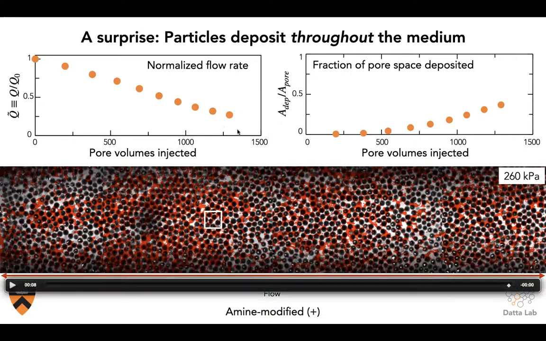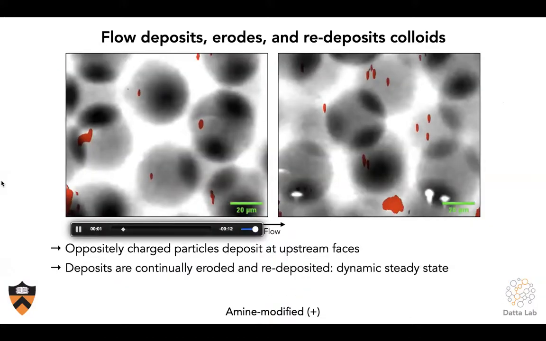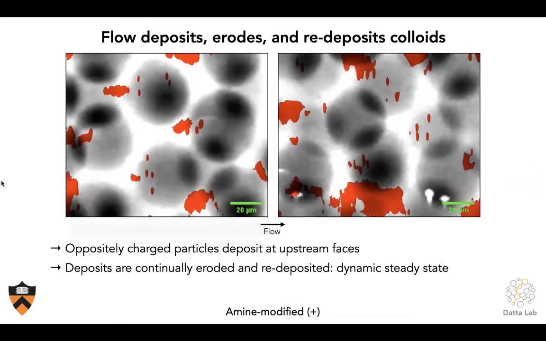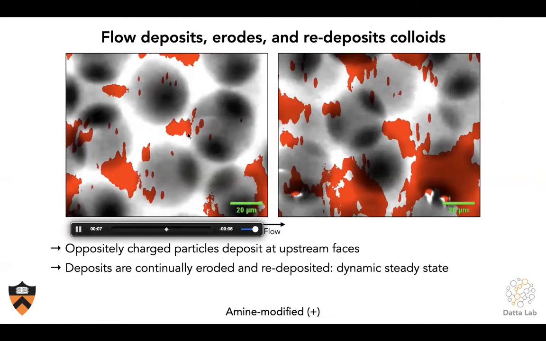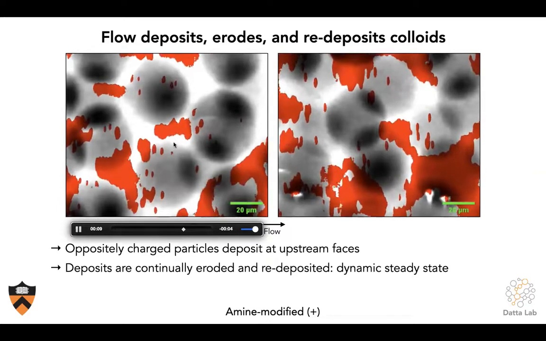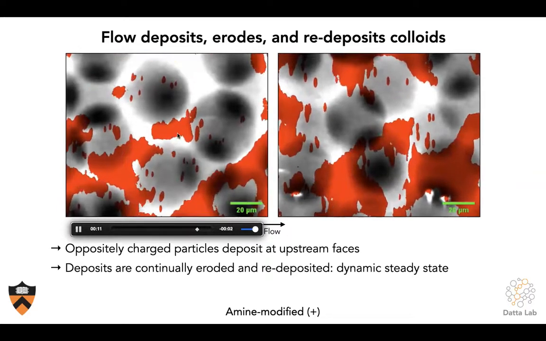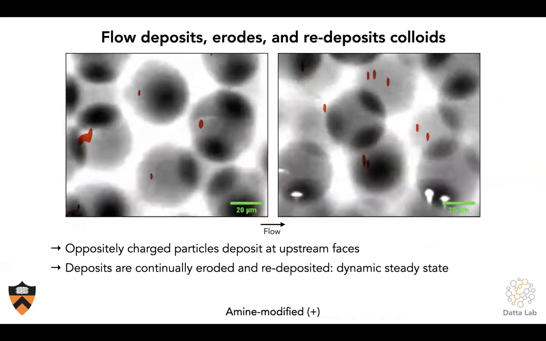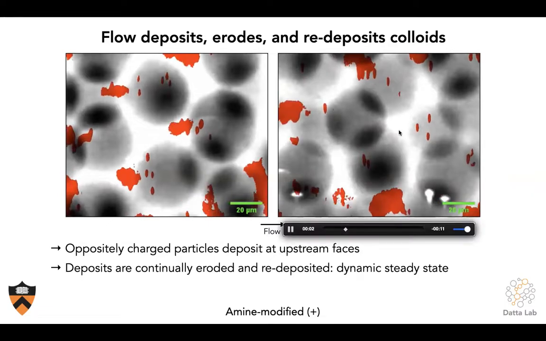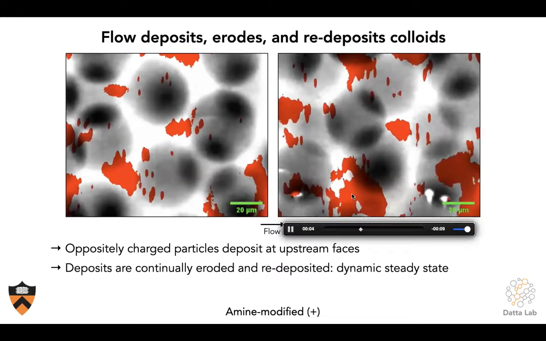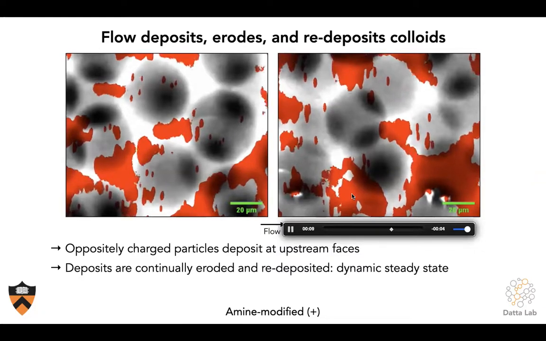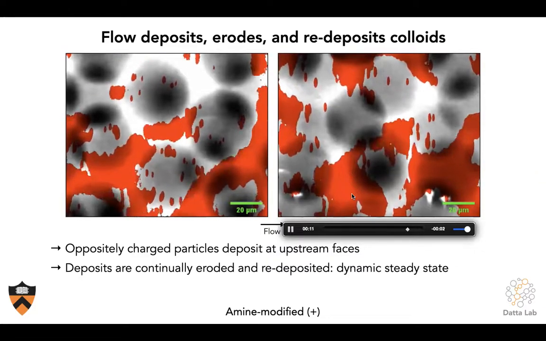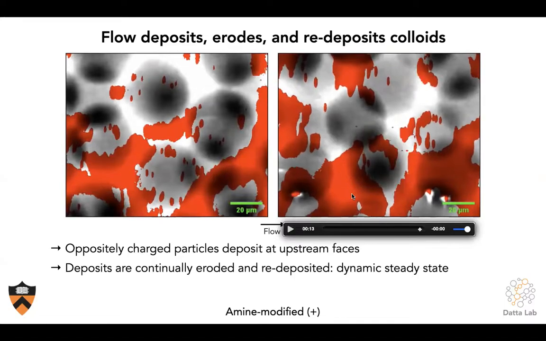So we can zoom in and look at the actual colloidal dynamics. Here are two examples. What we see is that these particles deposit on the upstream faces of these beads, as we expect. They form these large aggregates. But in many cases, and I'll play these movies again, if you look at this right movie, you'll see these deposits form, and then they disappear. They get eroded, they get pushed through the pore space downstream, and then they reform, they regrow,